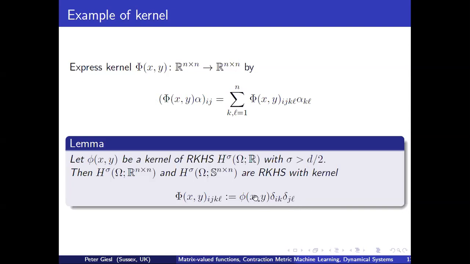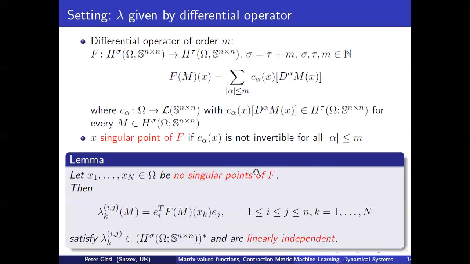So we have an easy way, and we can use small phi here as the Wendland function for the scalar valued Sobolev space, and then that gives us a kernel for the matrix valued Sobolev space. Right, now